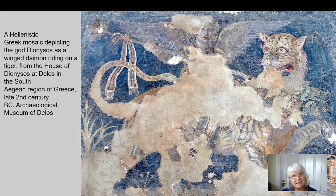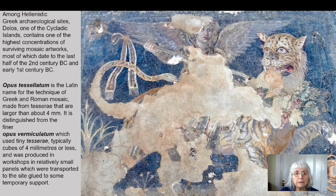Means it's late Greek. It means it's that period of Greek art after the classical period and after the Greek Empire split up. And this one is rather beautiful, so we'll talk about it in detail in a little while. So here it is with some of the ways that mosaics were done. So with this one, which is a mix of different types of mosaic work, we have opus tessellatum,